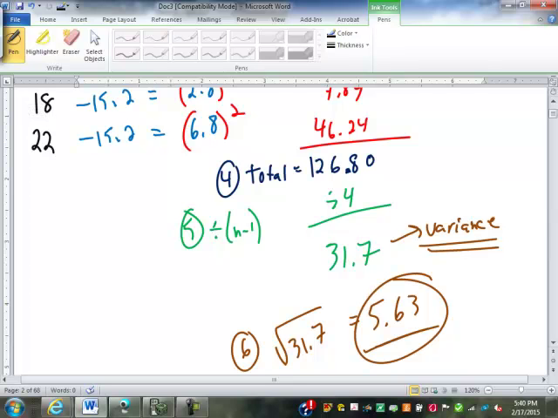So that's our mean and standard deviation calculations from last week. So now the question is, what do they mean? What are they good for? How do they tell us anything about that curve? Well,